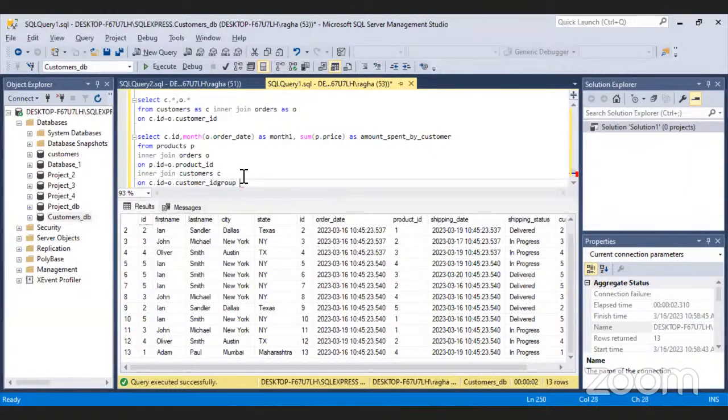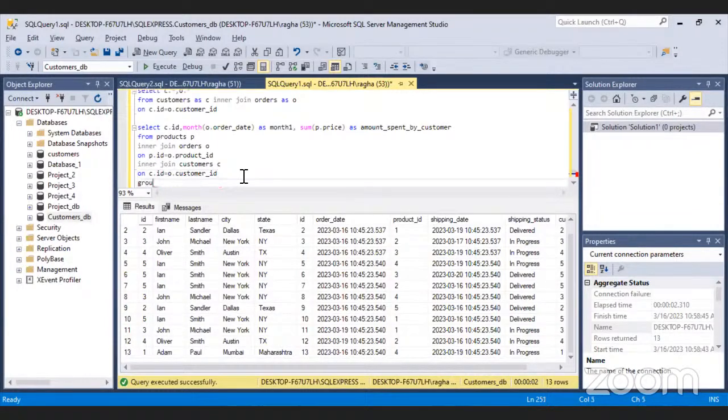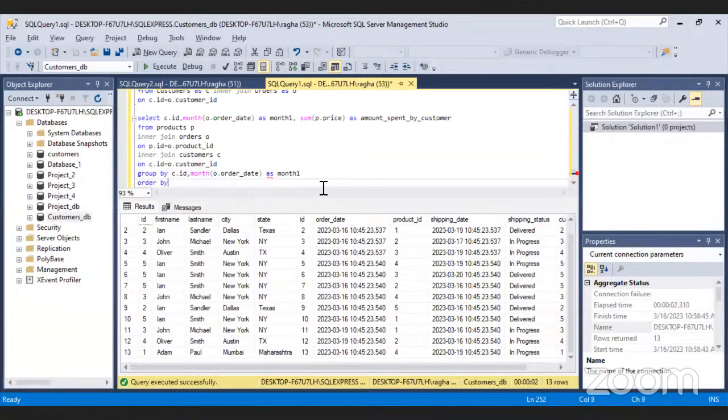And then I'll group it by customer and the month. So what I'm doing is I want the amount spent by customer, each customer per each month.